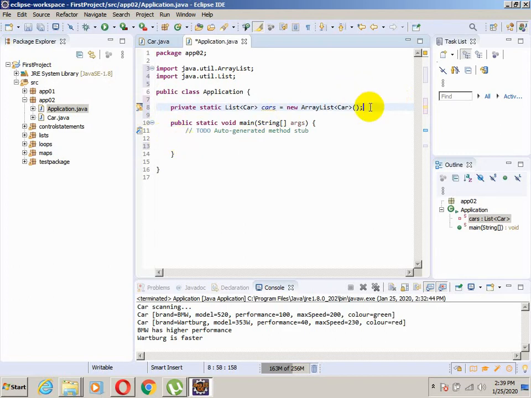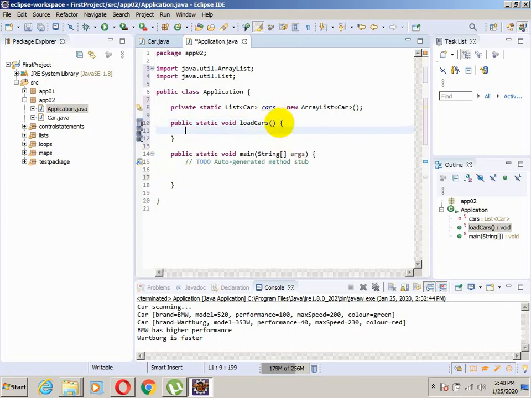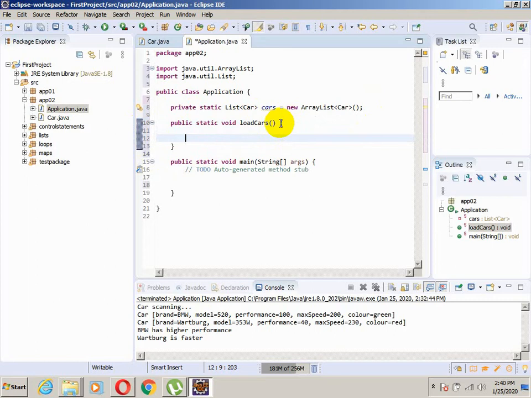But first, we need a method to load the cars. It will be a public static void, as we have here, and we will call this method loadCars. Later we will use that method inside the main. First, we will create a couple of cars. Car c1 equals new Car,